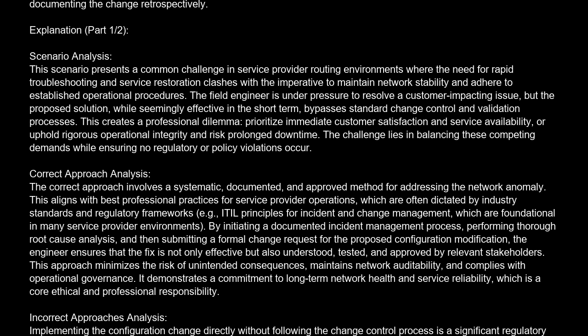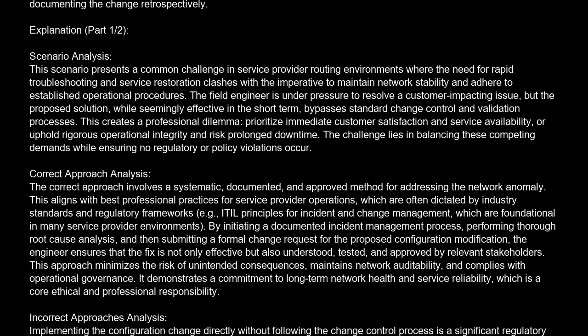This aligns with best professional practices for service provider operations, which are often dictated by industry standards and regulatory frameworks, e.g., ITIL principles for incident and change management, which are foundational in many service provider environments. By initiating a documented incident management process, performing thorough root cause analysis, and then submitting a formal change request for the proposed configuration modification, the engineer ensures that the fix is not only effective, but also understood, tested, and approved